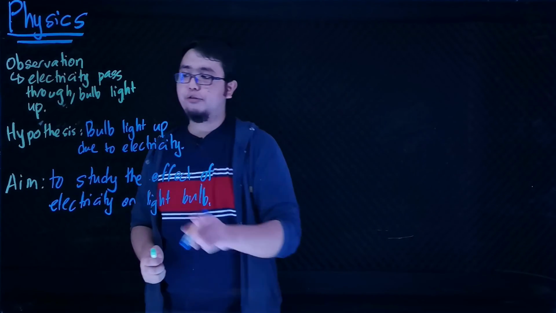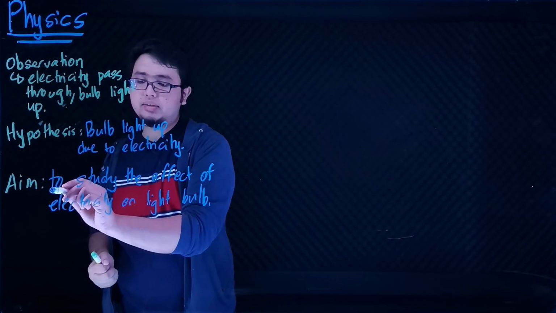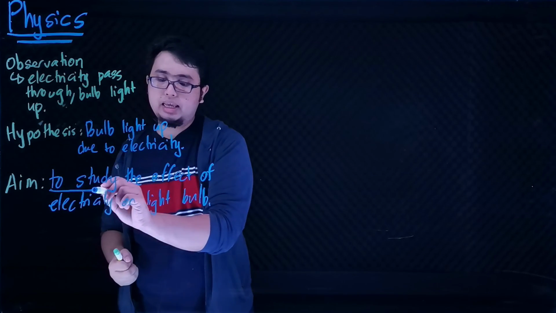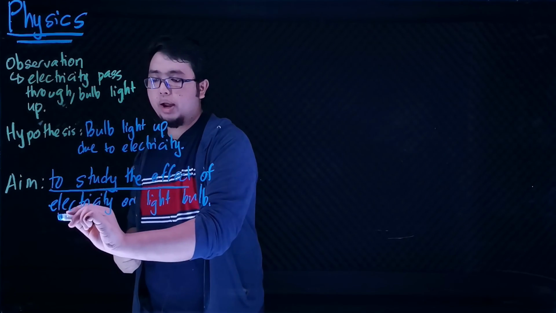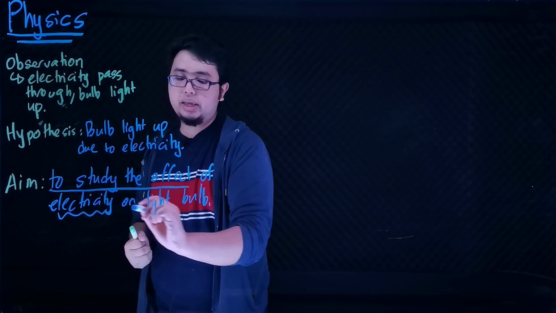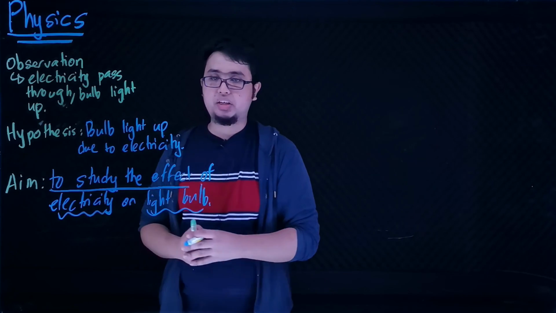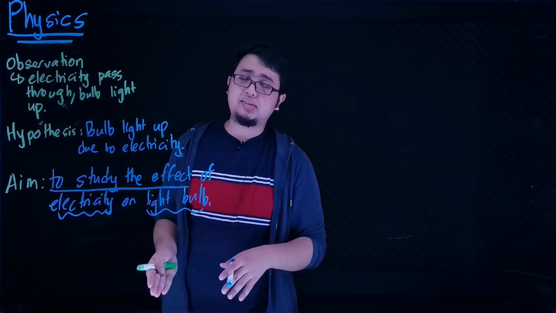So here, for the aim, we always start the sentence with "To study the..." and then relate whatever your theory is to your observation. So our theory is that the electricity is needed